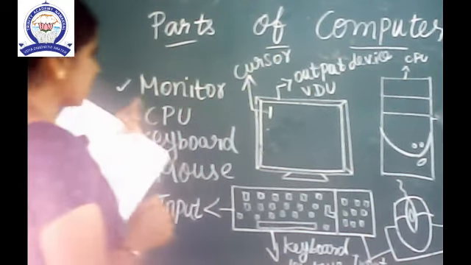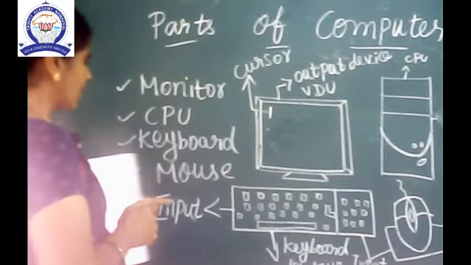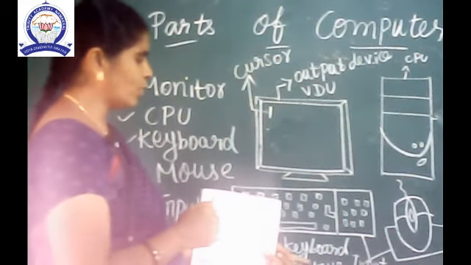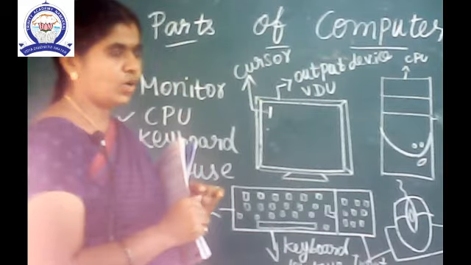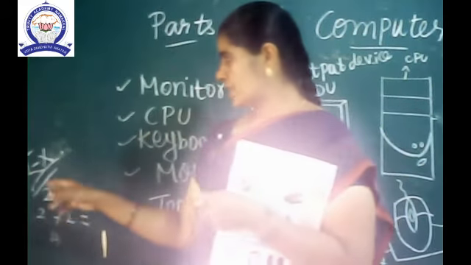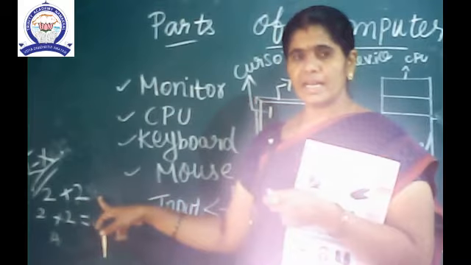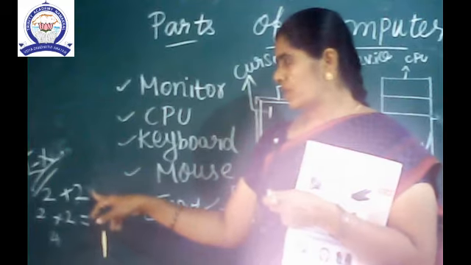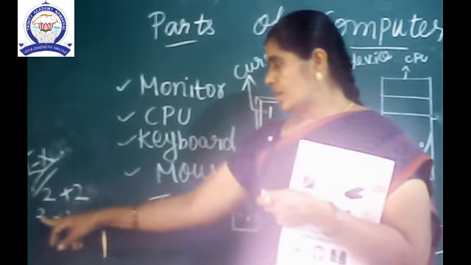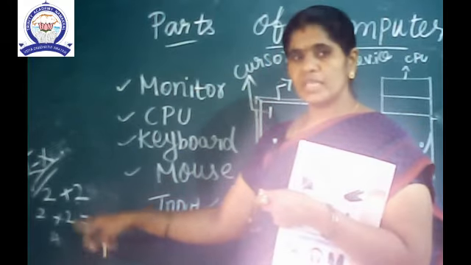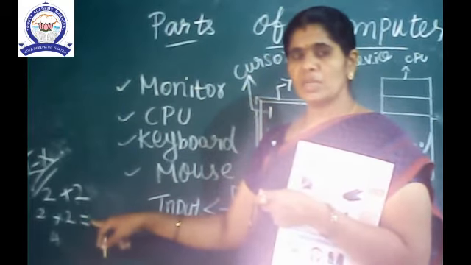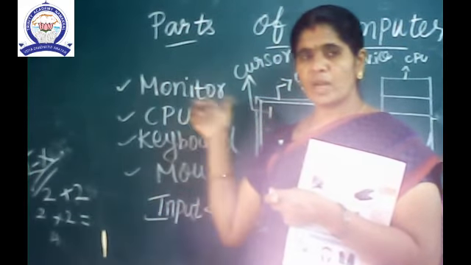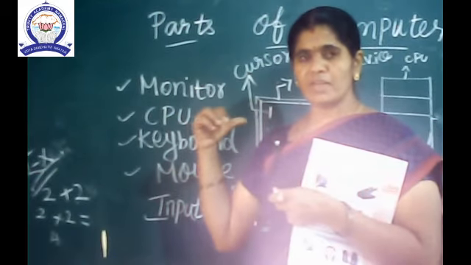Okay. I just list out monitor, CPU, keyboard and mouse. Keyboard and mouse are the input devices. Keyboard has 104 keys and 5 different types of keys. Okay children, I will explain with an example. 2 plus 2 is data. This data we send with the help of keyboard. So here keyboard is very, very important. Understand? 2 plus 2 is equal. This process is done by the processing unit in CPU. And finally the answer is 4. This 4 will be displayed on the monitor. So these 4 parts are very, very important.